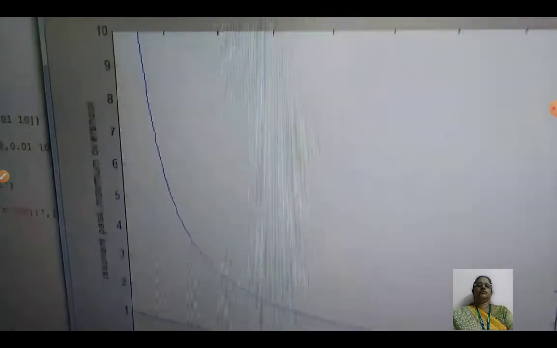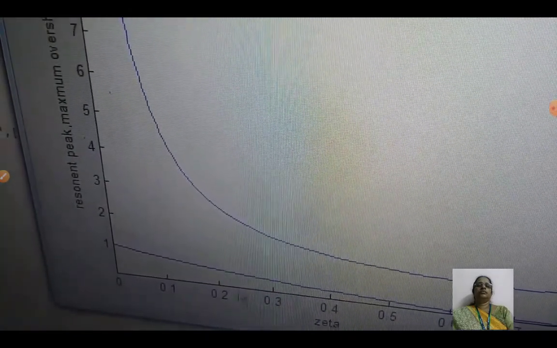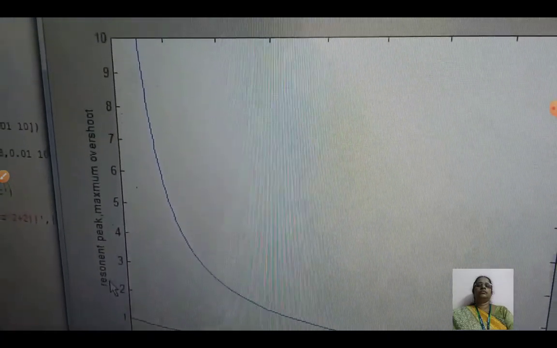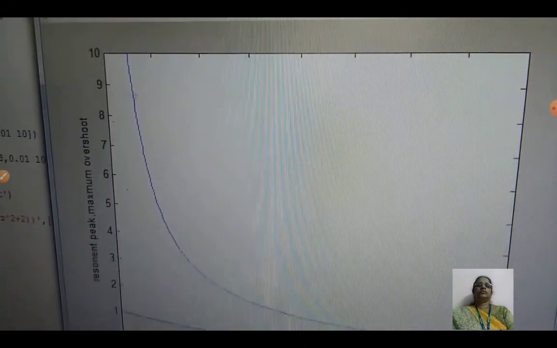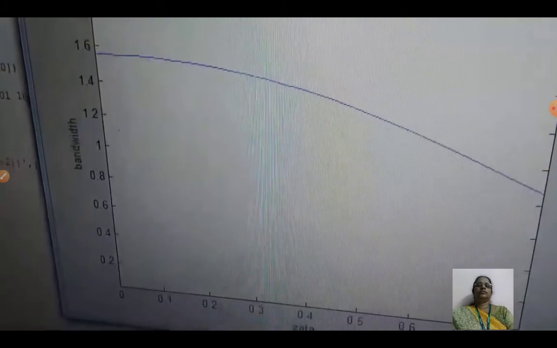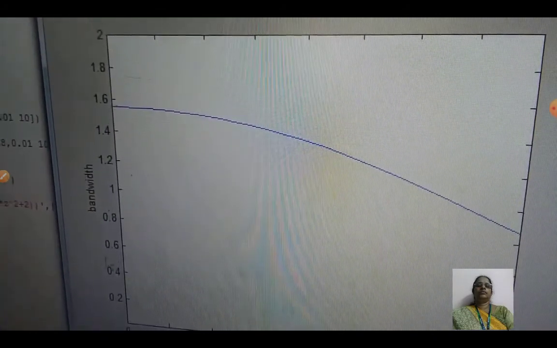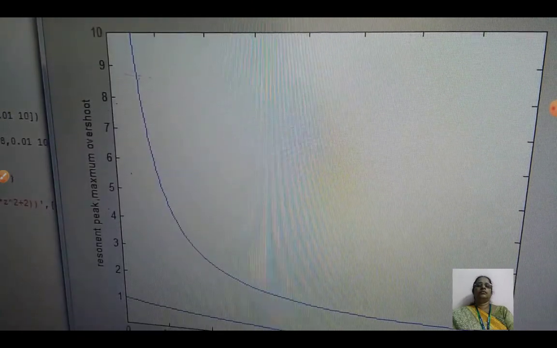Next, this is zeta for the given transfer function, and the y-axis is resonant peak and maximum overshoot, with the curve shaped like this. The third one is zeta versus bandwidth. So these are the three graphs we get.